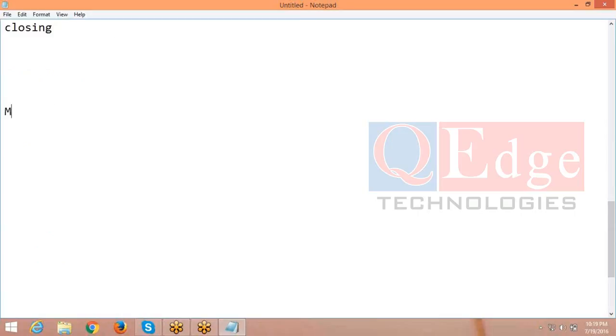Now, first part: the team leader is going to create a project through Maven first. After creating the project through Maven, they are going to put that project into one centralized repository,